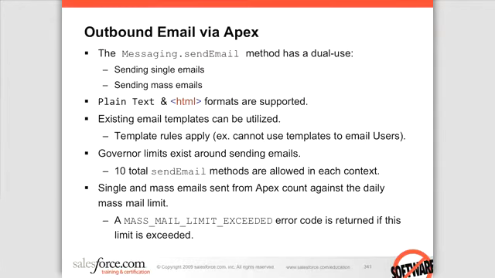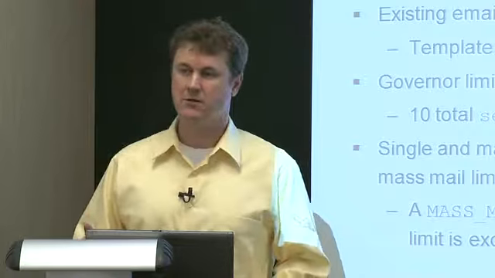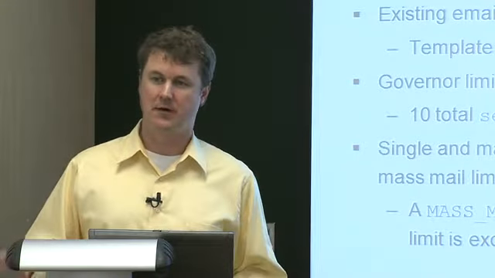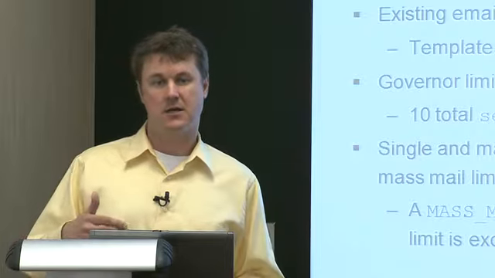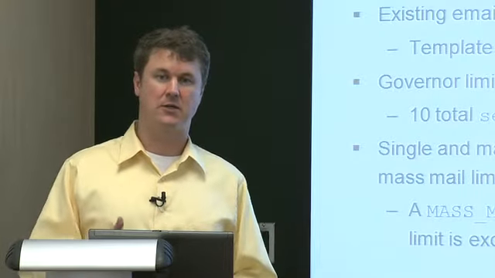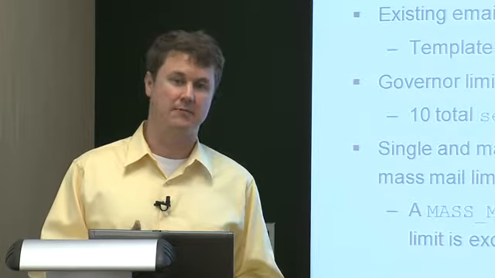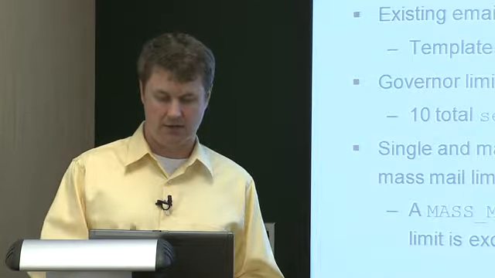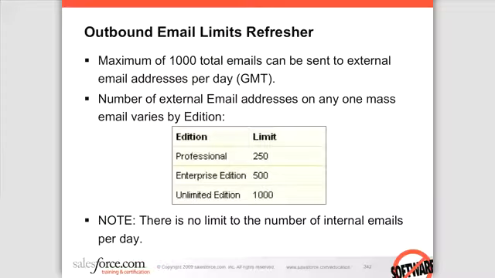Finally, there is a limit associated with the amount of emails that you can send. One of the things that can happen is the mass email limit exceeded. In fact, when you're sending emails programmatically via Apex, it's using the same restriction, the daily mass email limit. So it's counting against the same counter, if you will. So what is that limit? Well, the total daily limit for sending outbound emails is 1,000. This is not multiplied by the number of